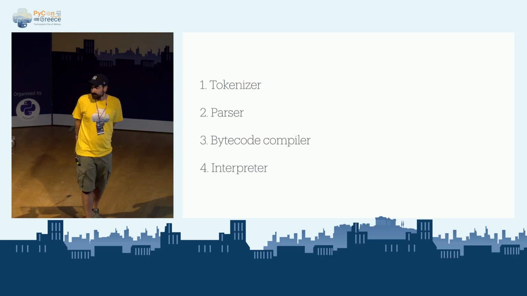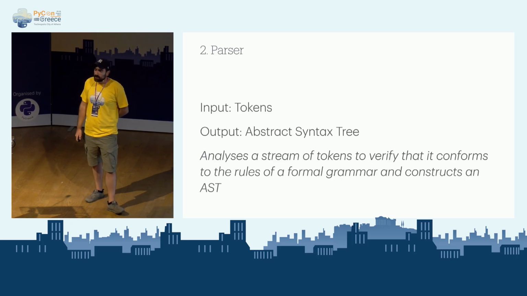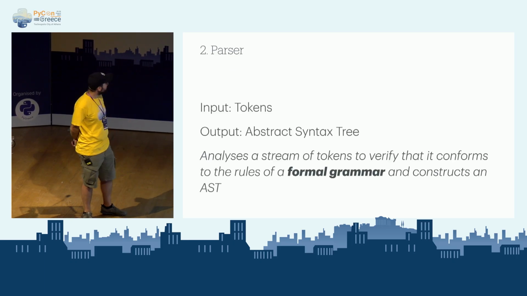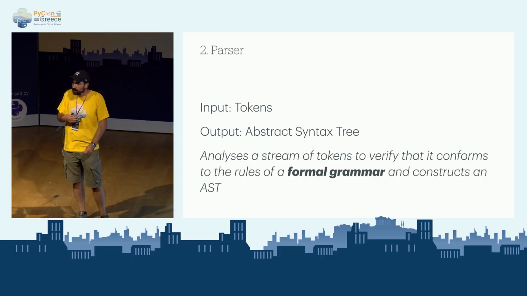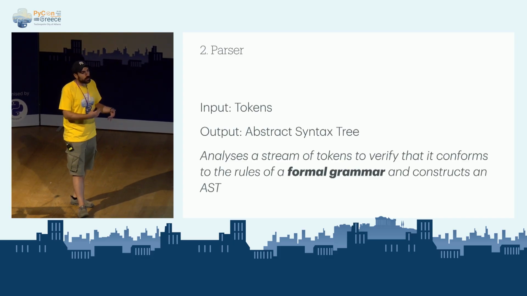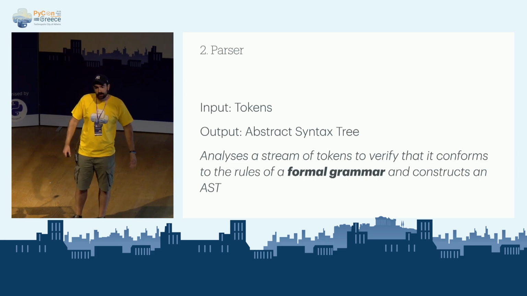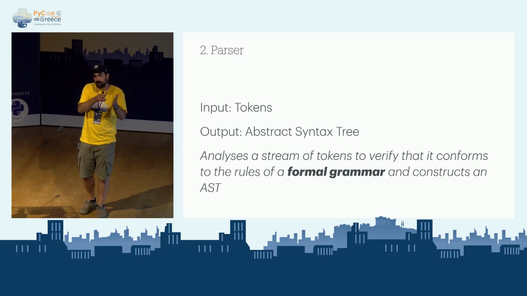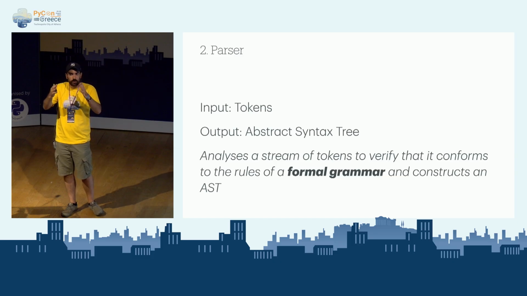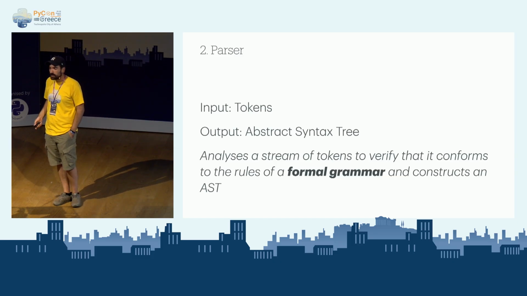The next step in all of this is the parser. What the parser does is it basically analyzes the tokens we broke down the source code into before, and then constructs a tree-like structure that the compiler can take and understand later on. So we went from source code to tokens, and then from tokens, we're now going to a syntactic tree. We call that the AST, the abstract syntax tree.